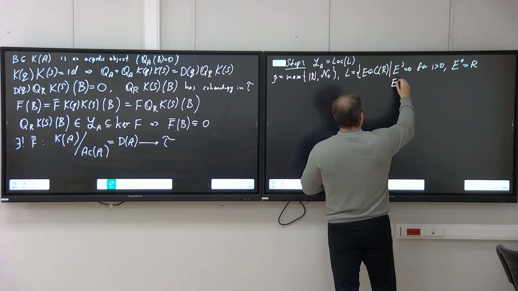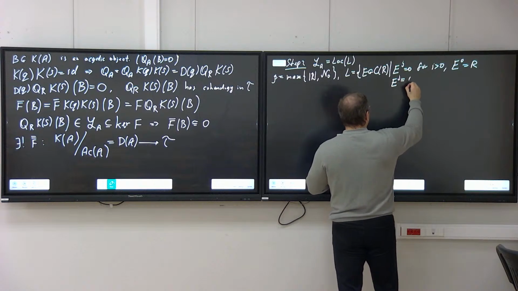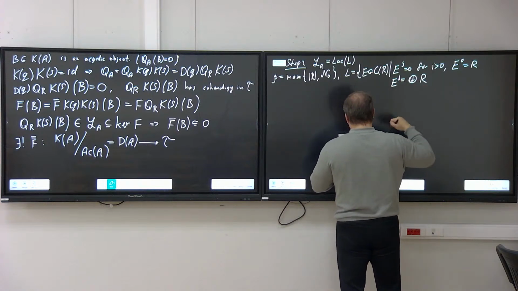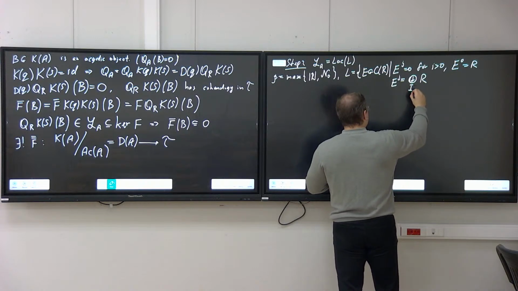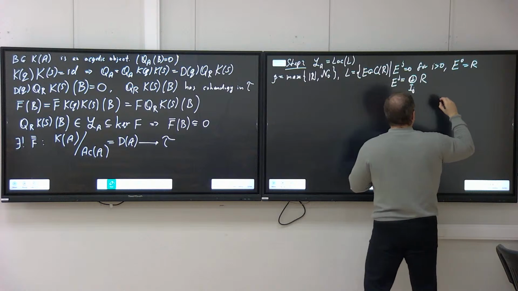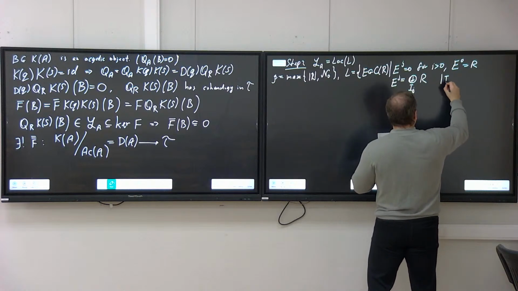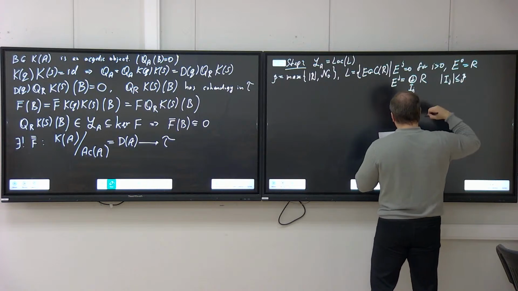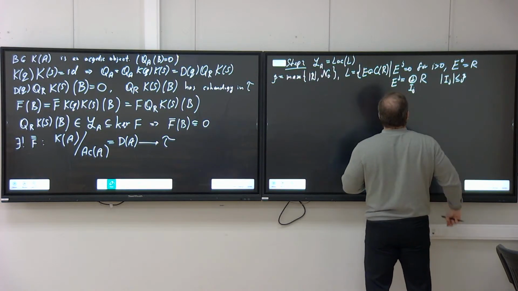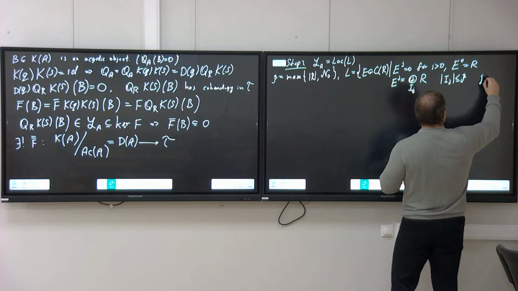So E^j is equal to the direct sum of copies of the ring R over the set I_j, where the condition is that the cardinality of the set I_j is less or equal than beta. So this is for j negative,